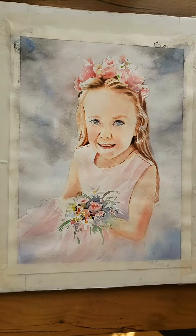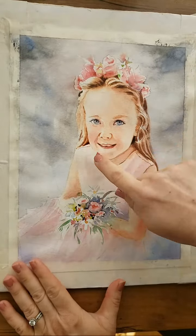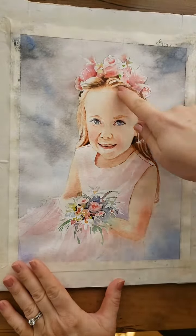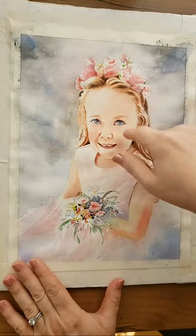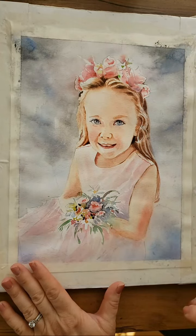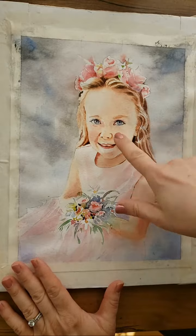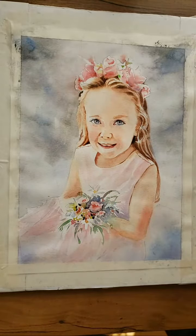The main thing I painted were the lights and the darks. I did get some mediums, but notice these darks are what tell the story of her face. These darks tell the story of the edge of her face. There's darks in between the flowers. There's darks in the shadows of the flowers. And the lights and the darks are the main values that I focused on to paint this to simplify it for more beginner to intermediate painters,